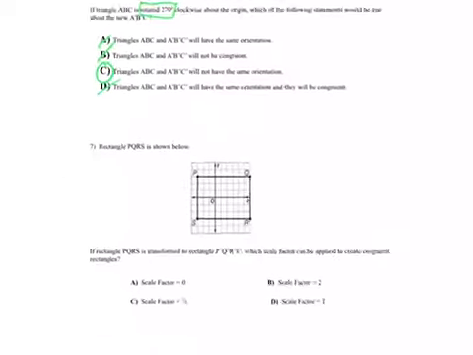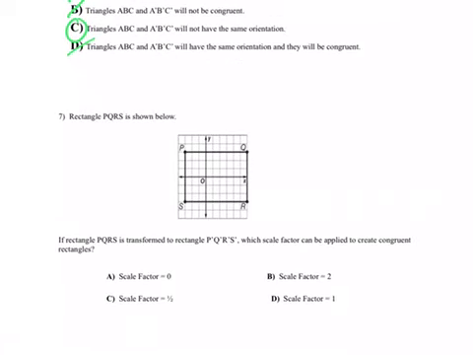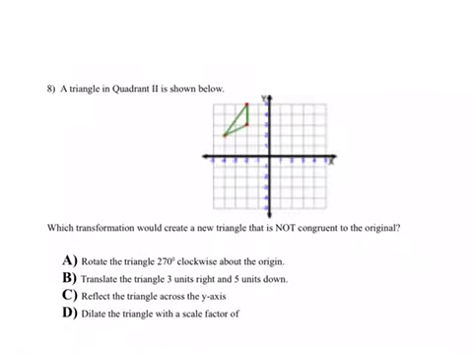On to number 7. On this one, they give us PQRS as our rectangle, and they want to know what scale factor we can apply to create a congruent rectangle. Well, the only way to create something that's the exact same shape and the exact same size is a scale factor of 1. On number 8, they give us a triangle in a quadrant